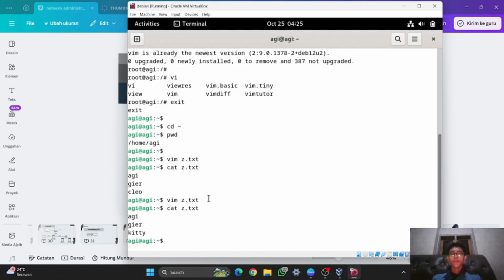And what if you want to edit some file, but you change your mind?